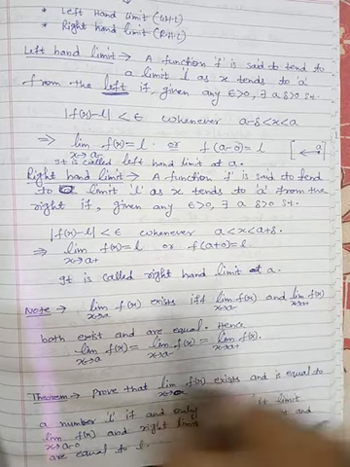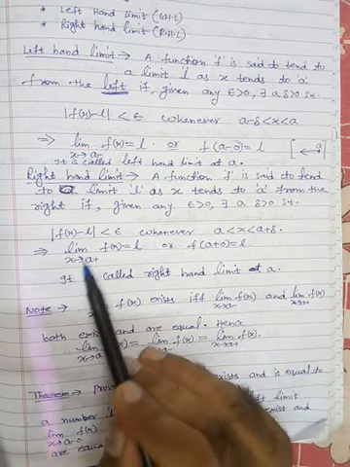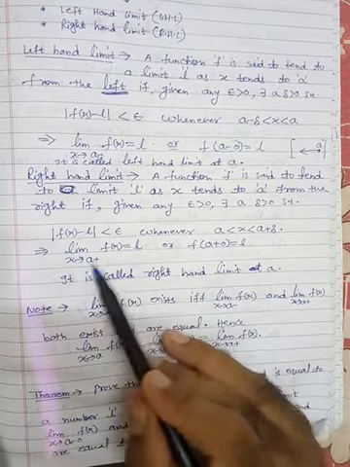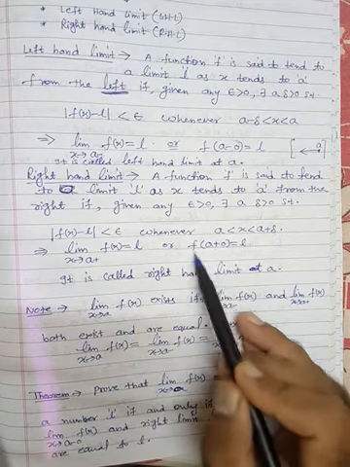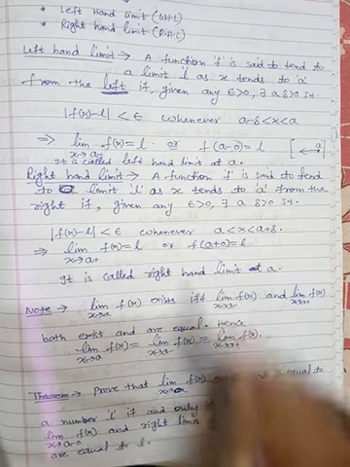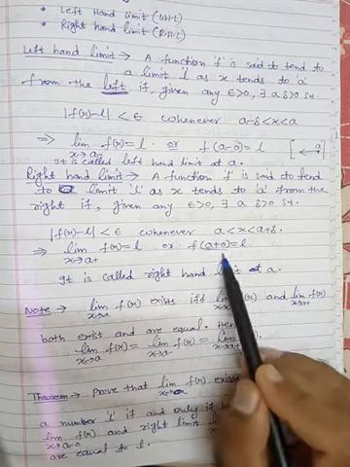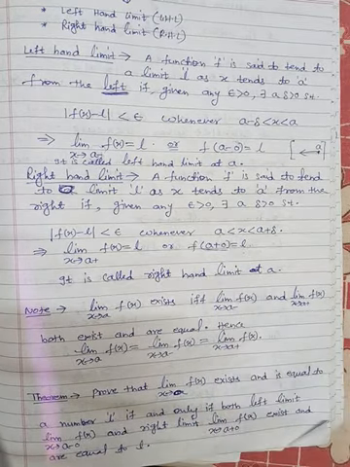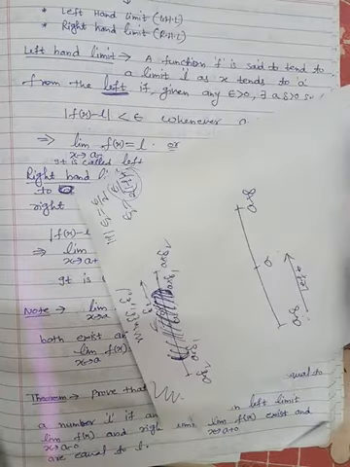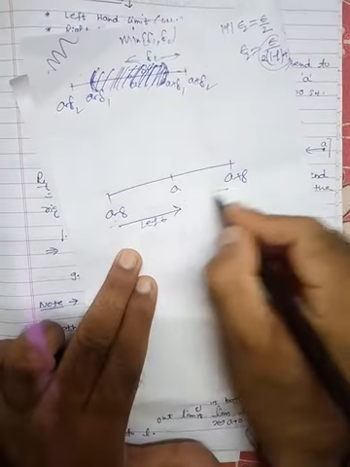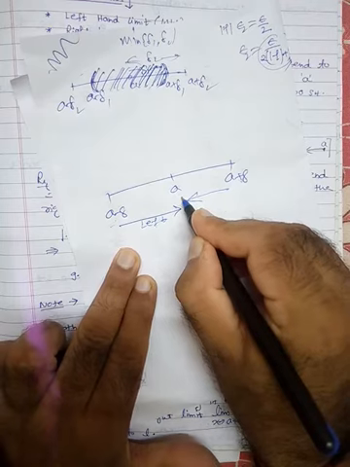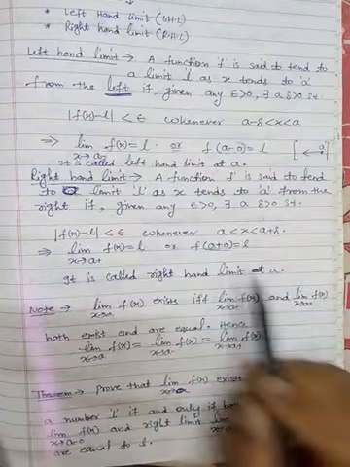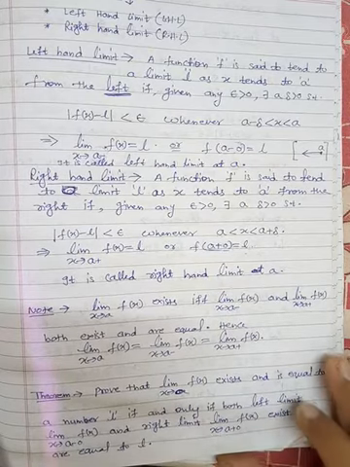In symbolic form, this can be rewritten as limit x tending to a plus. Here we are taking a minus, here we are taking a plus. So limit a plus f(x) equal to L, or f(a plus 0). This is also same, both are same. So f(a plus 0) is equal to L. It is called the right hand side limit at a. That means here, now we are moving from here to here, from right to a, a plus delta to a. That's why this is called as right hand side limit.